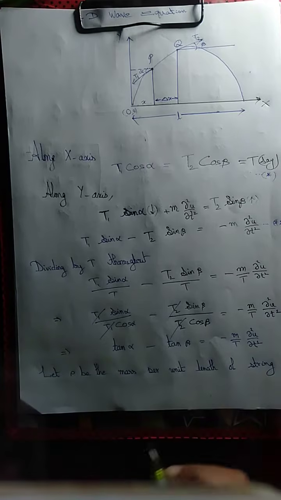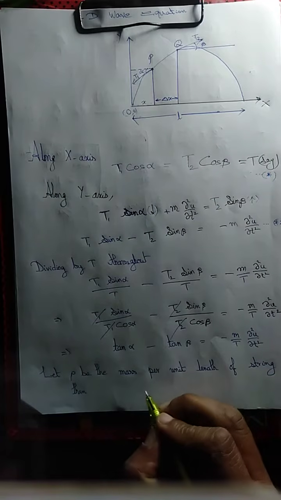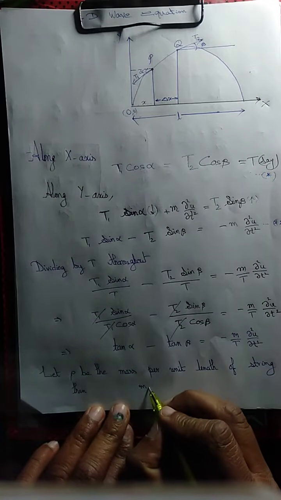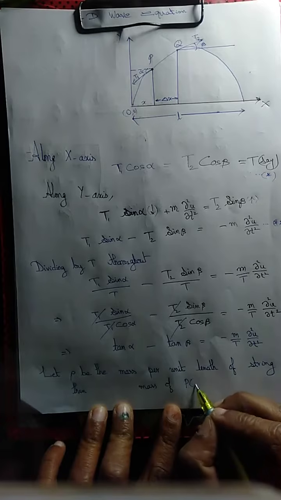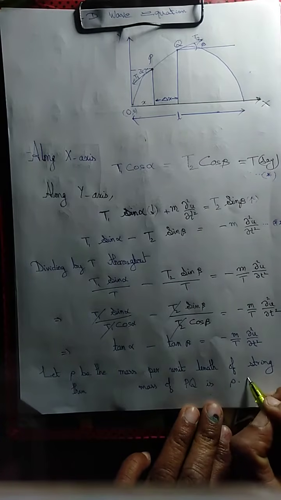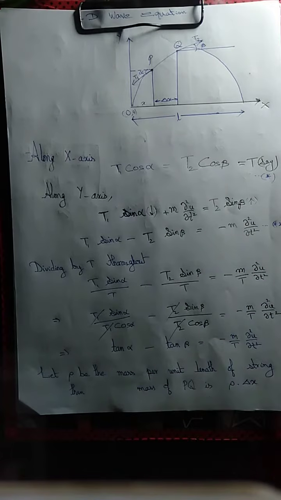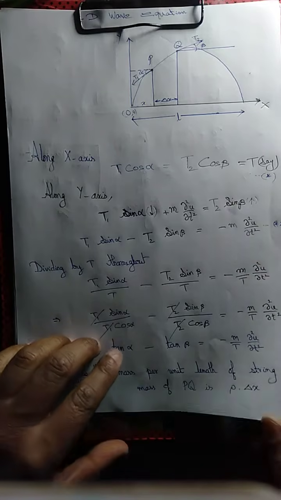What does that mean? If rho is the mass per unit length of the string and the string is of uniform density, then rho must remain constant. Then the mass of that small chunk PQ is density into length, linear density into length. Therefore, we can write the above equation as